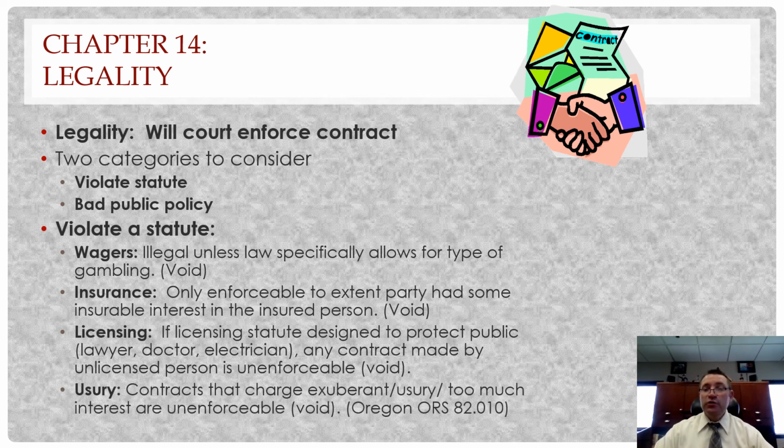All right. Usury. Usury is usually when it comes to interest rates. It is where a contract requires somebody to pay back some exorbitant amount of interest in order to get the loan in the first place. Those are usually void. And that can fit in bad public policy, but we have a statute in Oregon, ORS 82.010, that talks about what usury is and what the limits are. If you're within those limits, good to go. Oregon allows for some pretty high interest rates, but you couldn't require 75% interest. That would probably be usury, and the court would void that particular agreement. You still have to pay back the principal, but not the interest.